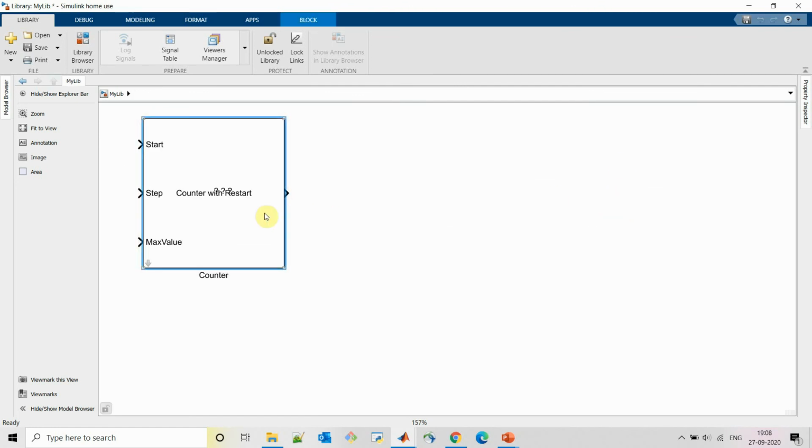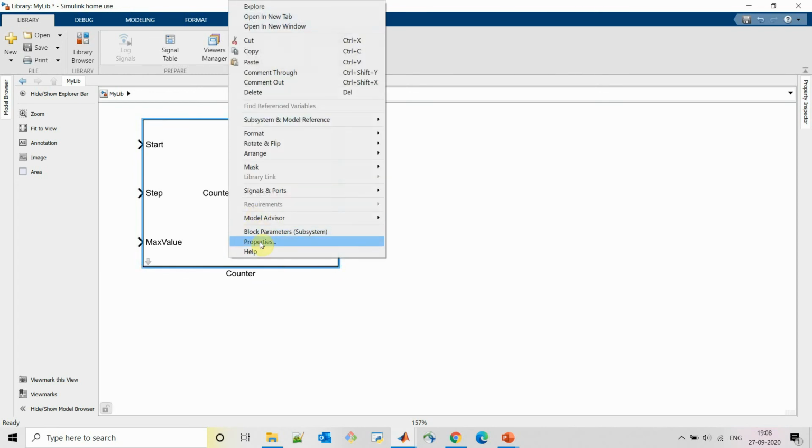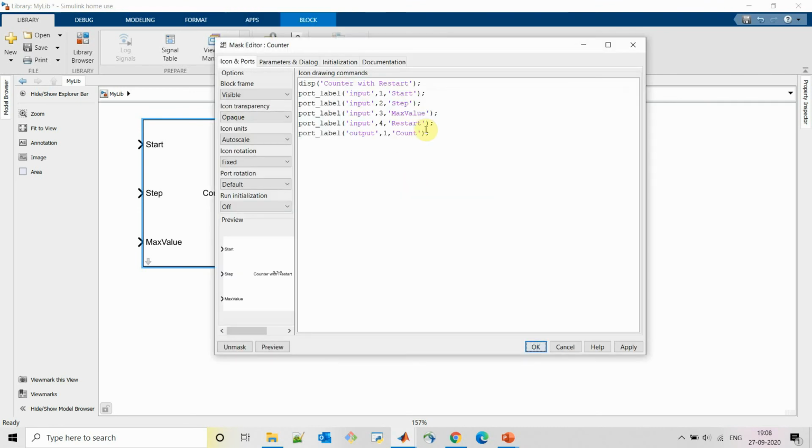This max value we are specifying from our mask, and since our mask has 4 inputs, we need to remove 1.